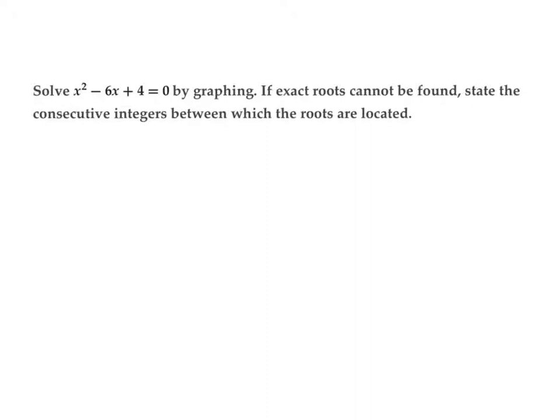And when this happens, using a graph, you're going to state what integers the x-intercept is in between. So after you get this problem into your homework, go ahead and enter this equation in. Zero is already by itself, one side of the equation is already 0, there we go. Enter that x squared minus 6x plus 4 in, and if you want to replace the first graph, go for